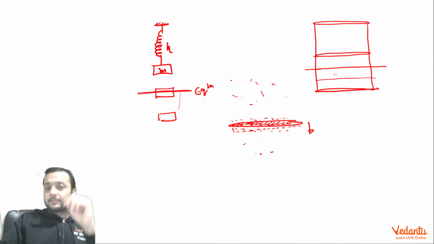When it goes up, the opposite again happens. Here the density increases in the top slight layer, and in the bottom slight layer the density decreases. So we can say that there will be a drag force always acting on the piston. Now this drag force is responsible for damped oscillation. If you want to read more about it, the PDF has been given and you can go through that PDF. It's a beautiful read and you will certainly enjoy it.